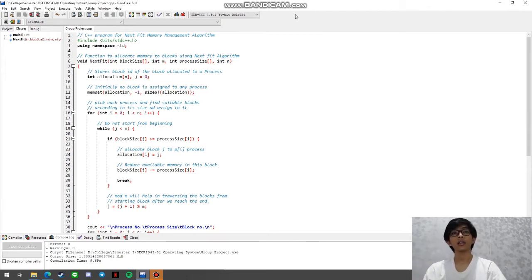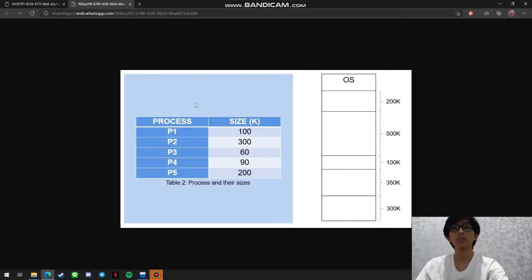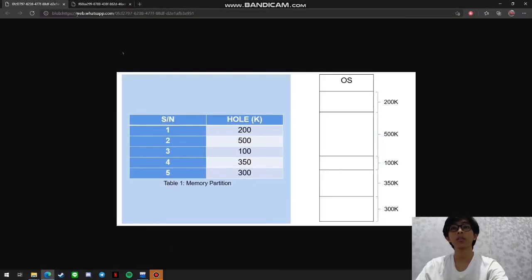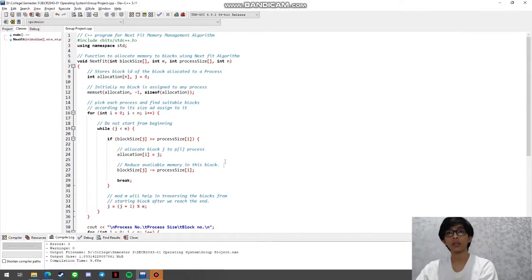I'm gonna explain about the NextFit memory management algorithm. In this algorithm, I'm gonna first explain about how the code works and then I'm gonna show the running program. The data that we use is this one. The holes that are present right now are 200k, 500k, 100k, 350k, 300k. This is the memory partition, and then there's also the processes that we need to do: 100k, 300k, 60k, 90k, 200k. And this is the code that I already wrote to show the NextFit